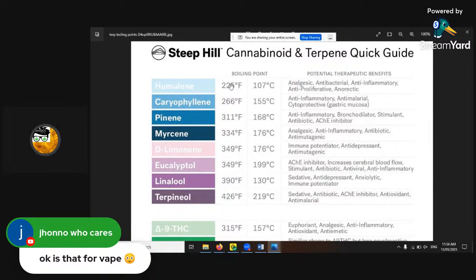So back to the temperatures. These are just a rough idea. Caryophyllene is very common, myrcene, eucalyptol, you know the eucalyptus smell, limonene, lemon, a little like lavender, terpineol, as in terpene. These are all different things. If you wanted to get terpineol, you're going to have to smoke it very, very high, or vape at a high temperature, which is nearly at the level where we unlock all those bad hydrocarbons.